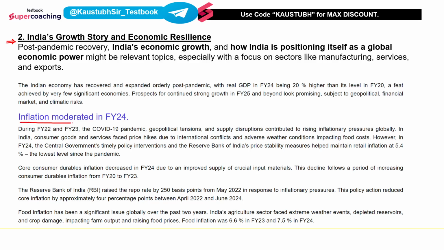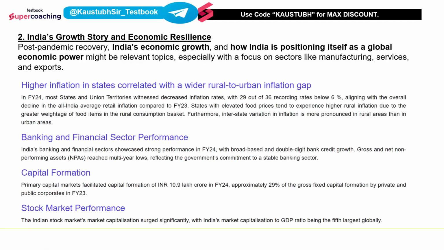Then the other heading is inflation moderated in the current financial year. So this is something that was mentioned. We saw it in the last slide as well. Then we talk about higher inflation in states correlated with a wider rural to urban inflation gap. So whenever there is an essay related to urban to rural gap, or state related issues, then you can add